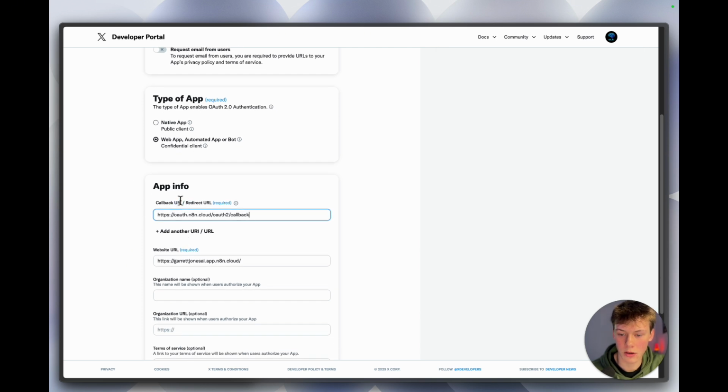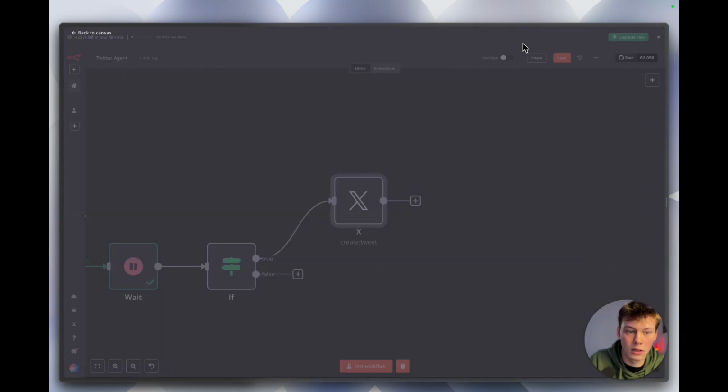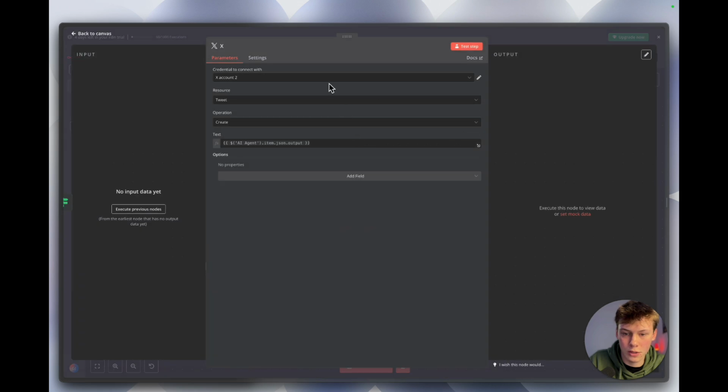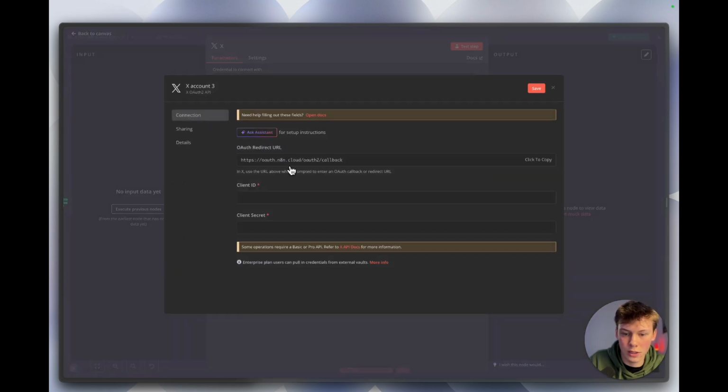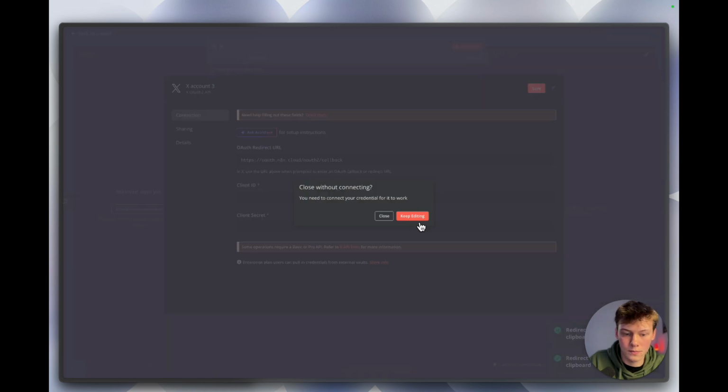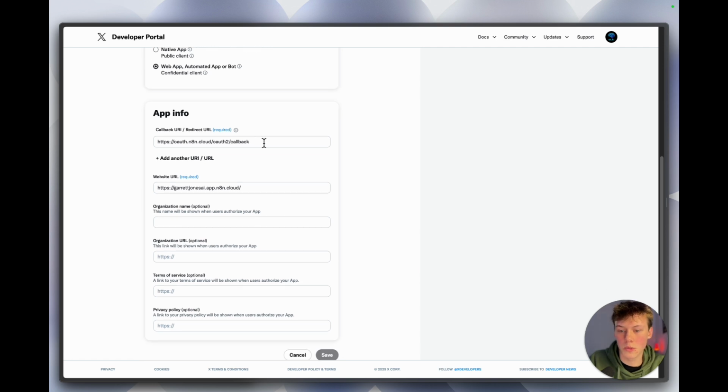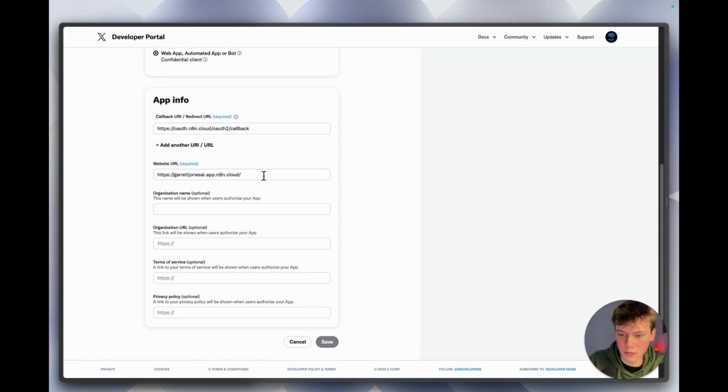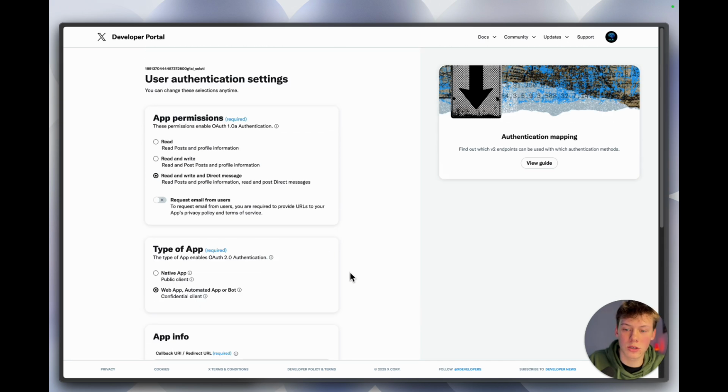You're going to have to add the callback URL, which we're going to get from n8n. So if you click on this Twitter create post, and then you can create a new credential here, it gives you this OAuth redirect URL. You just copy and paste this. You just copy and paste that into this callback or redirect URL here, and then ask for a website URL. So if you have a personal website, paste that in here. I do not, so I just used my Instagram account and it worked. But then you can select save, and then it should give you the